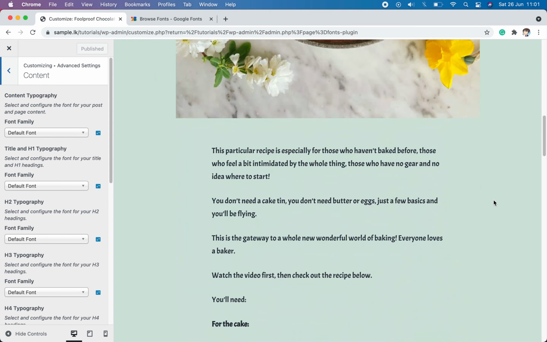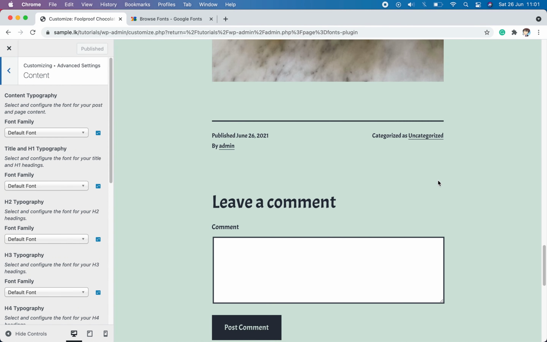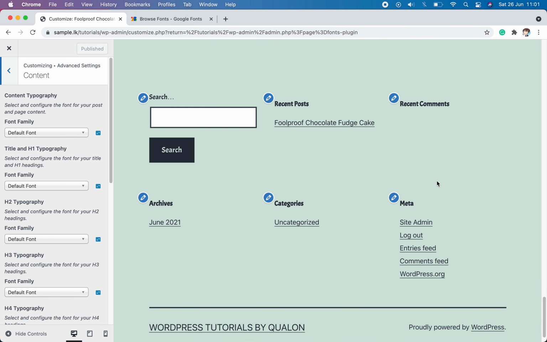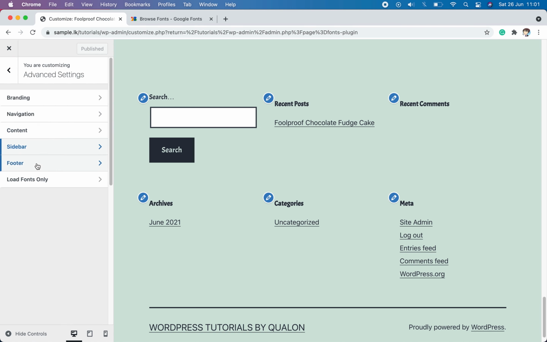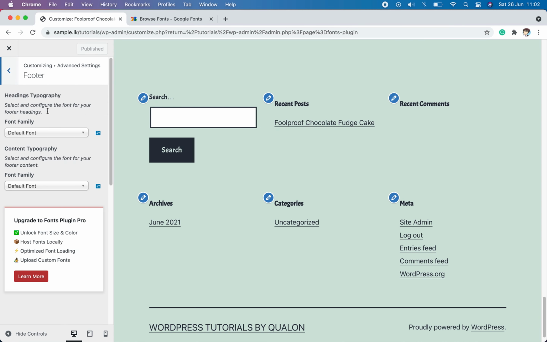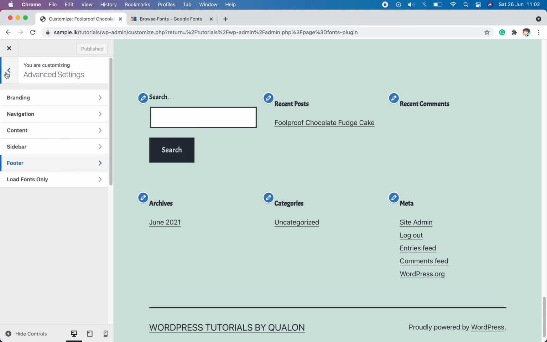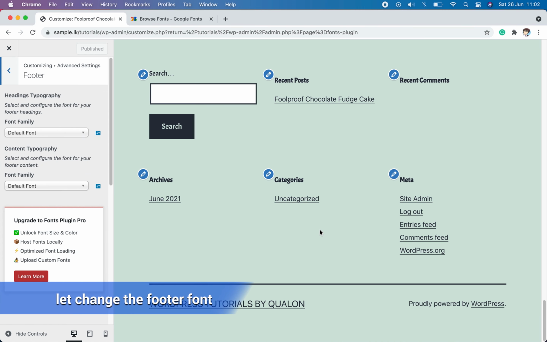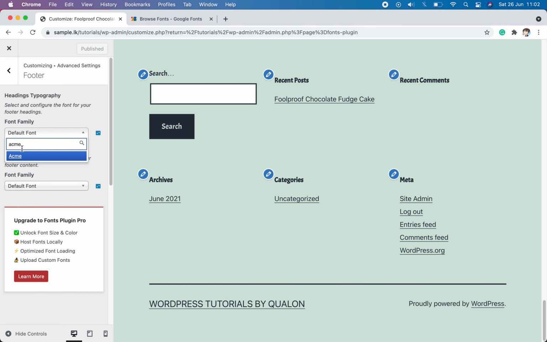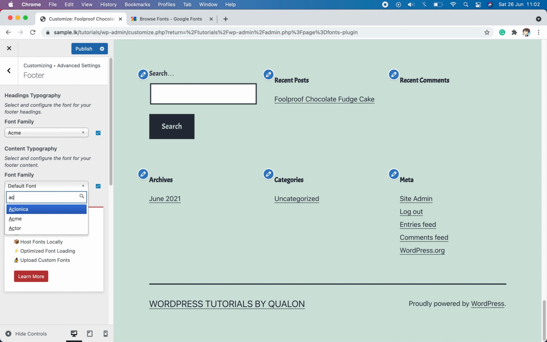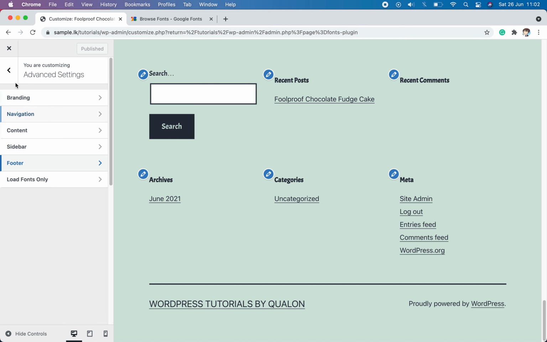Now scroll your page down to check whether all the fonts have been changed. You can see the fonts in the footer are still not changed. Go to the footer menu and change the fonts as you need. And publish. But still no change is made in the footer. In instances like this, you can make these changes.